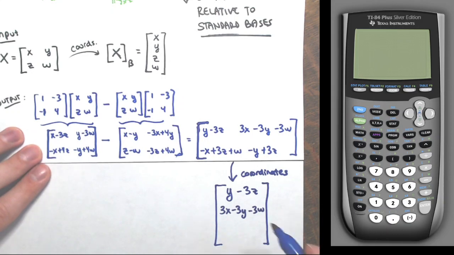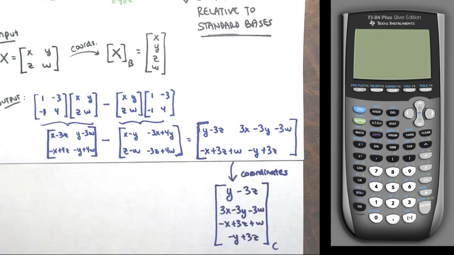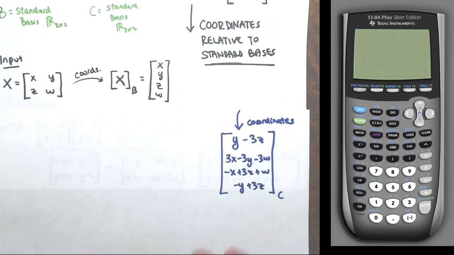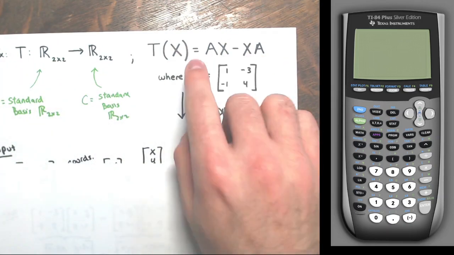And then the second row, first column, one for the next coordinate, negative x plus 3z plus w, and then the last one, negative y plus 3z. Again, this is with respect to basis C. All right, so the coordinate representation of the transformation, this transformation up here,